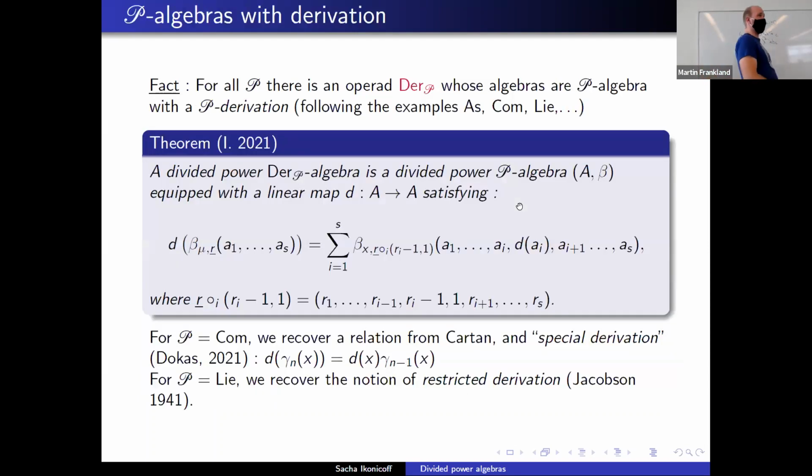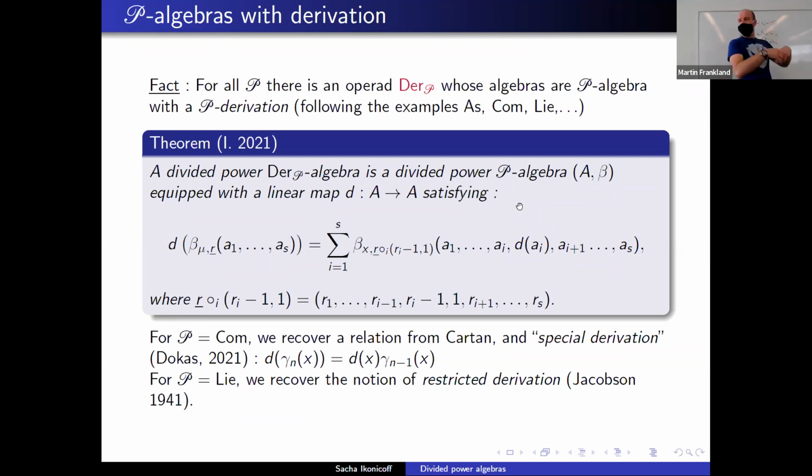First, if you have an operad P, you can consider a new operad, which I call der P, whose algebras are P-algebras with an internal derivation. If you try to write what a derivation means for a P-algebra, it's the same thing that you would think for a derivation on an associative algebra, commutative algebra, or Lie algebra. Now, since I have a new operad, I can look at the divided power algebra structure. And it turns out that this operad der P is given as a distributive law, a very easy one, between P and another operad that is